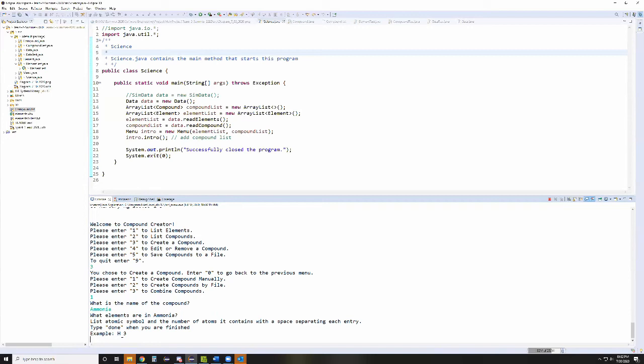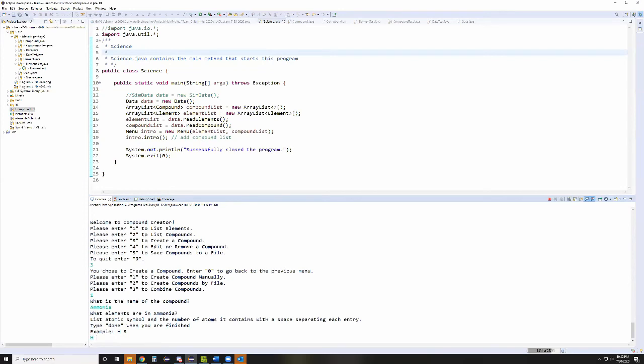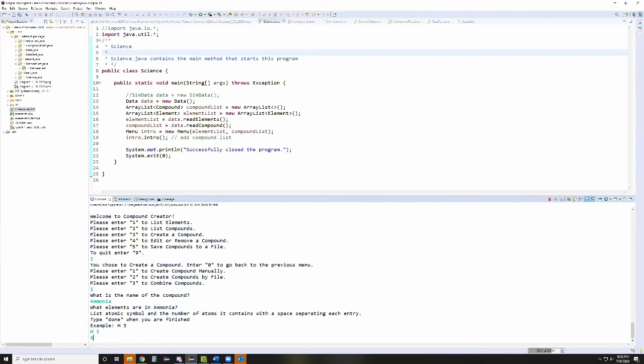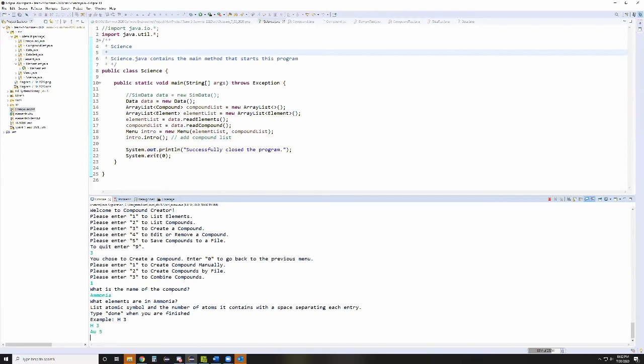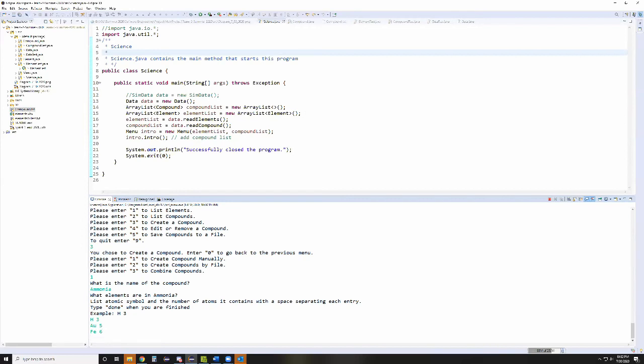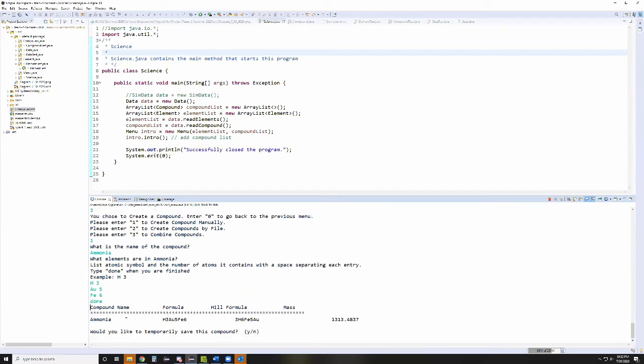Now I'm just going to enter in random elements, not the actual chemical compound for ammonia, just for an example. But here you can see I put in hydrogen. There's 3 of them, and I'll put in gold. We have 5 of them, and I'll put in iron and say we have 6 of those. Whenever I'm done, I can just type done,